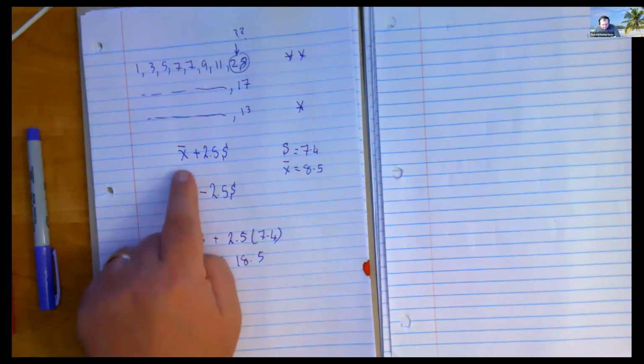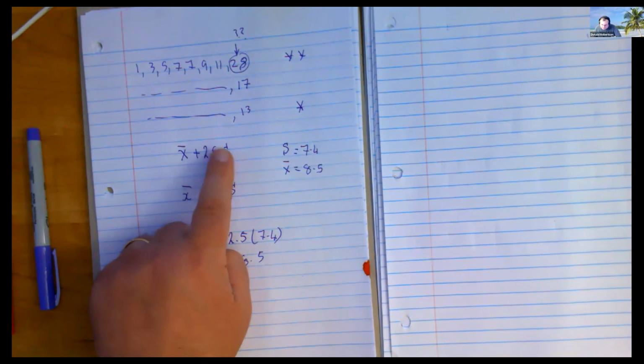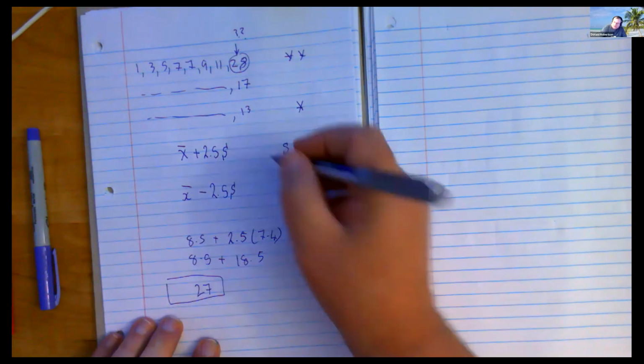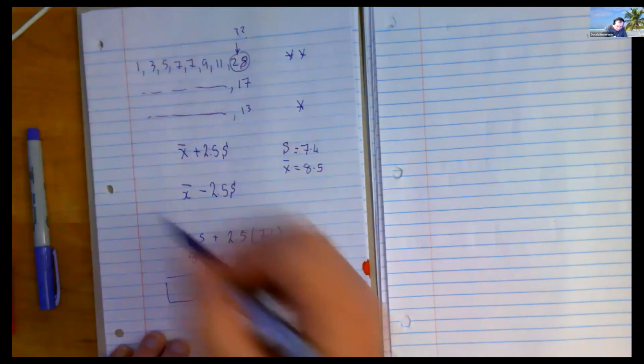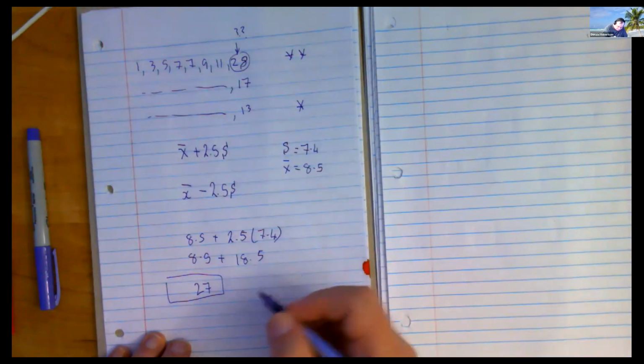So the mean plus 2.5 standard deviations gives you the upper value. As long as you stay inside that number, you're okay. Even if you're big, like 25 was really big, but 28 was too big, right? Now you're an outlier. I don't have a small number, but if I wanted to do a small number in